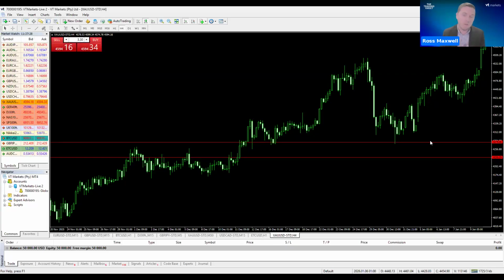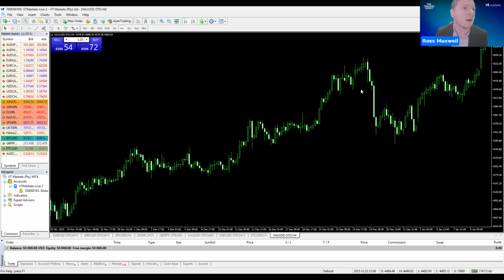So you need to exercise patience, and you need to identify the right areas in the market for when the market pulls back. That's when you enter. If you just start trying to buy because you think the market's going up, where do you place your stop? You're just taking trades for the sake of it, and that's when you're going to lose money. So you need to look at the support and resistance on the lower time frames.